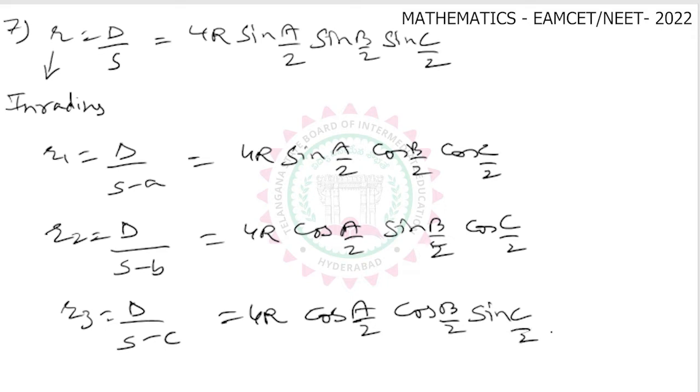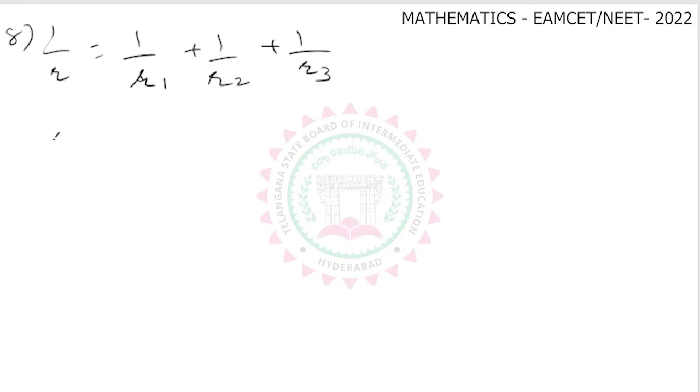Right? Next, there is a relationship between small r, r1, r2, r3, that is 1 by r is equal to 1 by r1 plus 1 by r2 plus 1 by r3. And one more relationship is delta square is equal to r into r1 into r2 into r3,